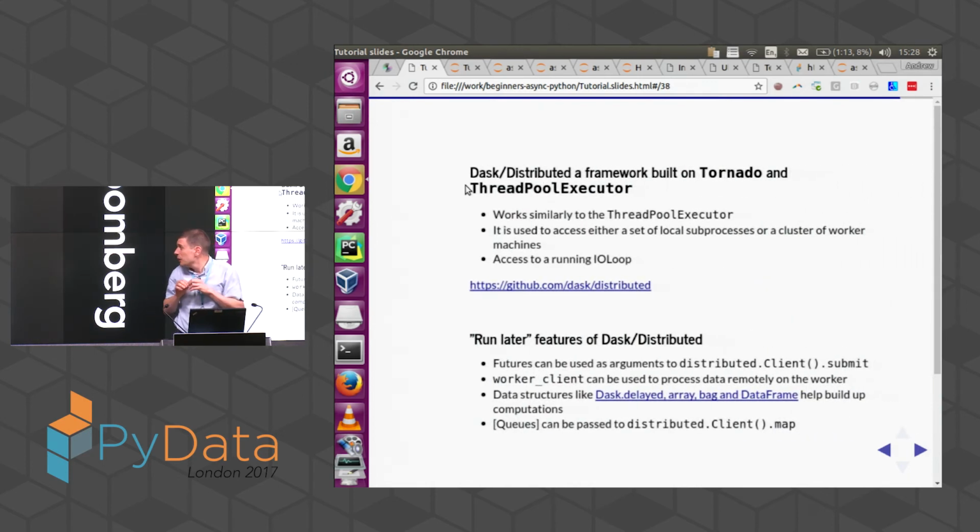So Dask distributed is a framework that's built on Tornado and also ThreadPoolExecutor. And it works similarly to the ThreadPoolExecutor, but what it allows you to do is scale from your laptop up to a cluster. And you've also got access to this running I/O loop where, as long as you don't do anything silly like raising an exception in the I/O loop, you don't have to worry about starting the I/O loop, putting it in a separate thread, and so on. What that means is that you can actually